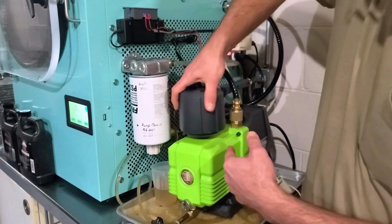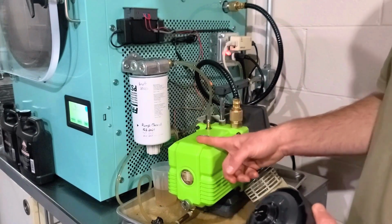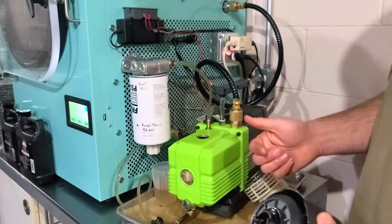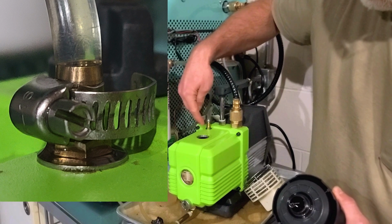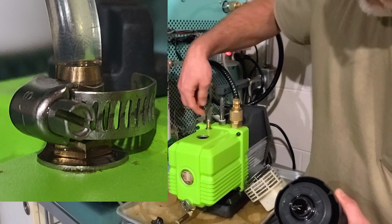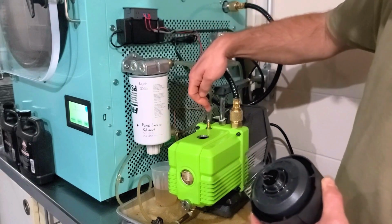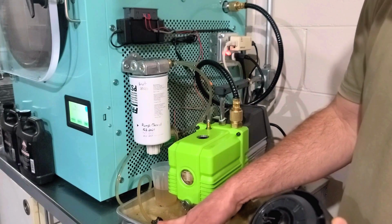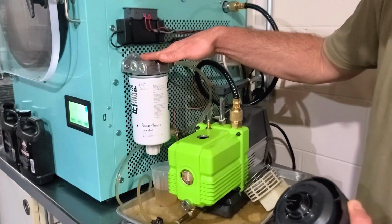So again, I had to modify the pump. I bought the brand new pump, $800, some oil, and I modified it. So I probably voided the warranty. But I put this little nipple in here. I got a nut on the back side, and I got my 1/4-inch oil line. So the return filtered oil comes into the top. So the dirty oil I'm pulling off the bottom, returning the oil into the top. So this is going to also help keep the oil cooler